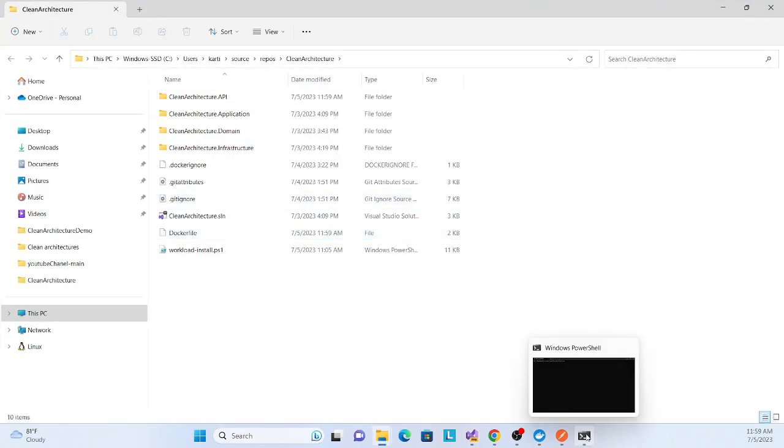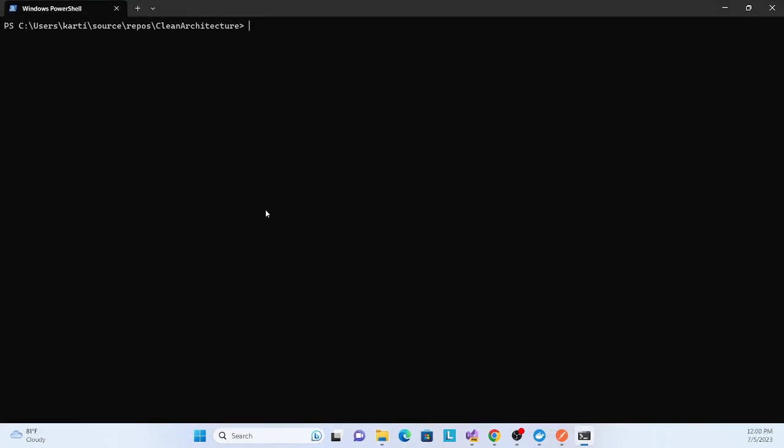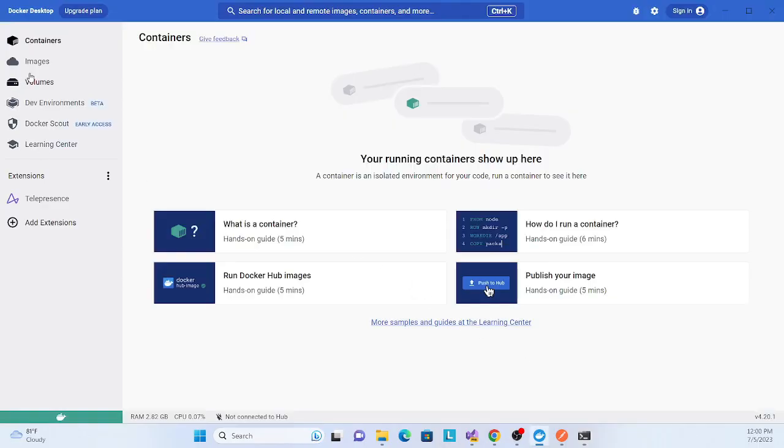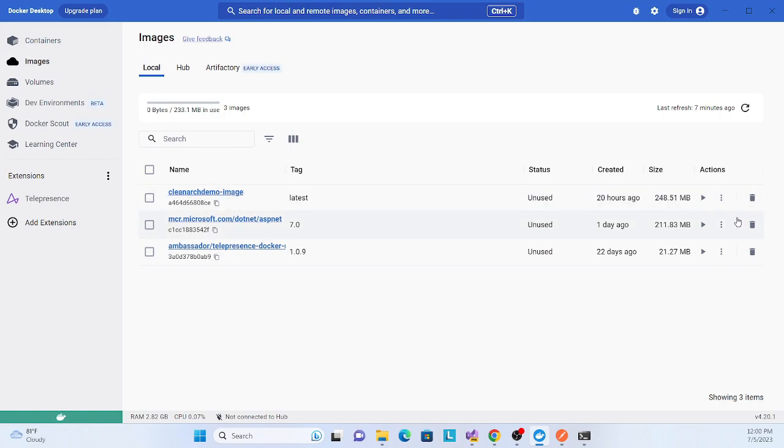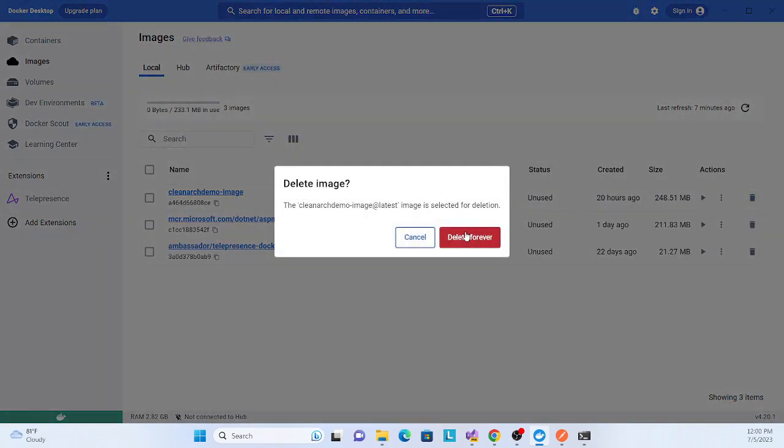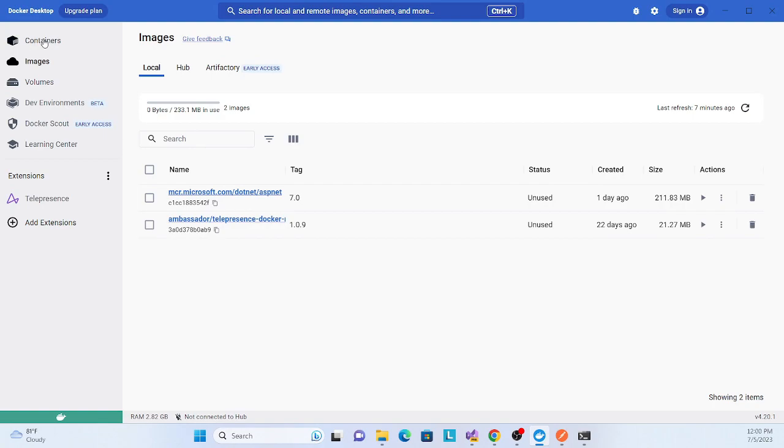Then open the terminal and create an image again. This is the image command, docker build. The image is already created, so you could create a new image with a new name, but I would suggest removing that image because it is not the right one, so I remove it here.